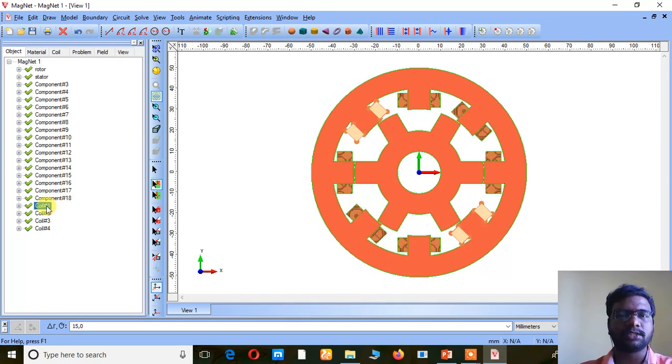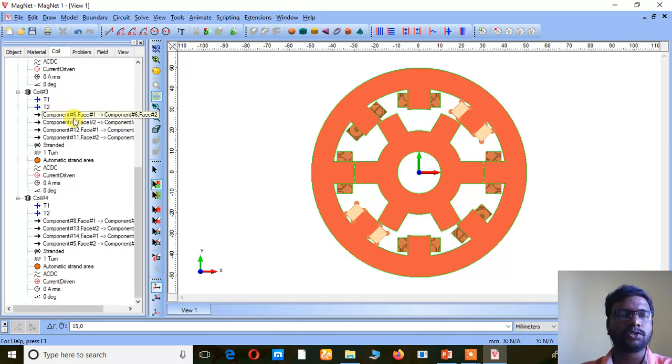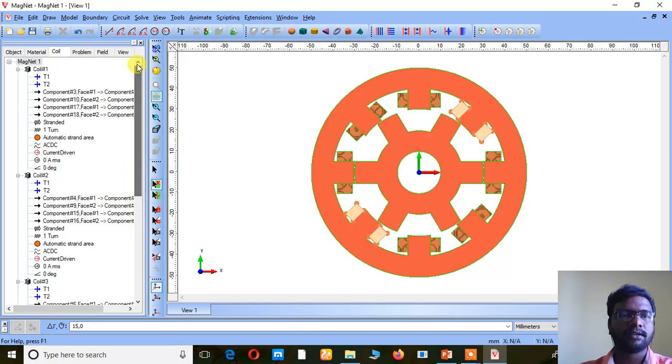Now I am going to select this one. The entire phase is selected. Now I want to choose the number of turns. I just rename it by pressing F2, and I am keeping 100 turns per phase.